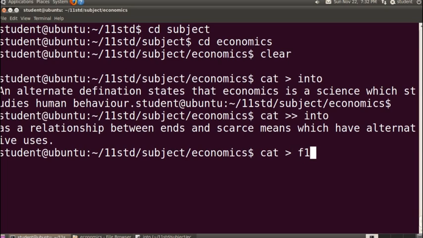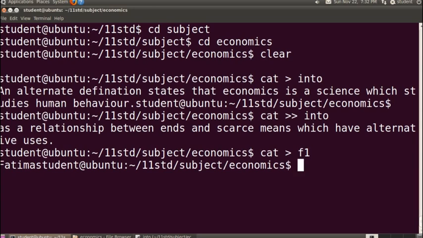Okay, now I typed here the name of my school, Fatima. Ctrl D, exit that file. Okay, now I create another file named F2. I type the convent. Okay, now Ctrl D. Fine.